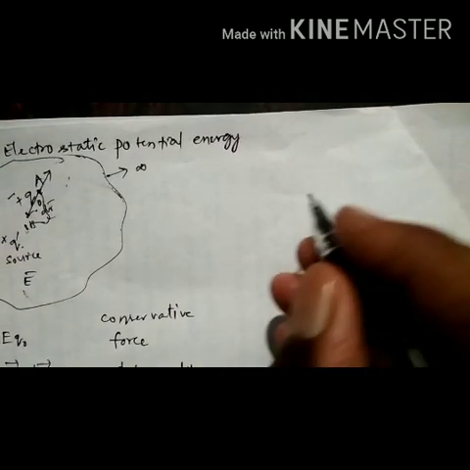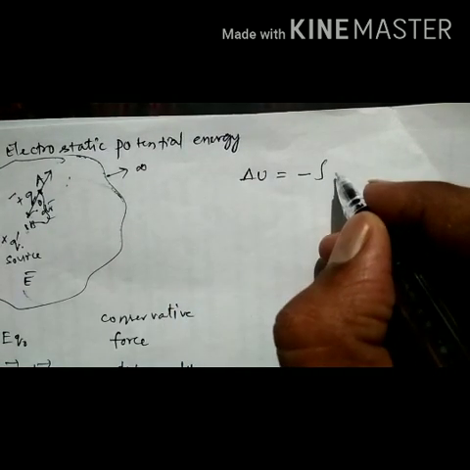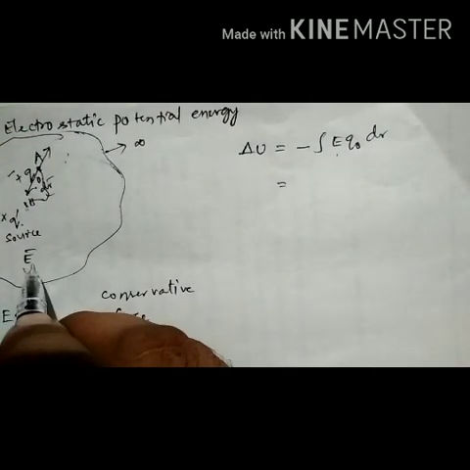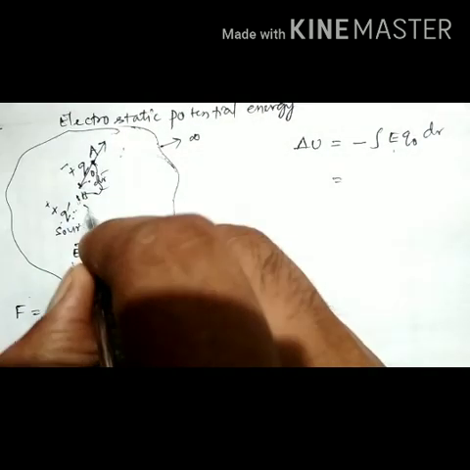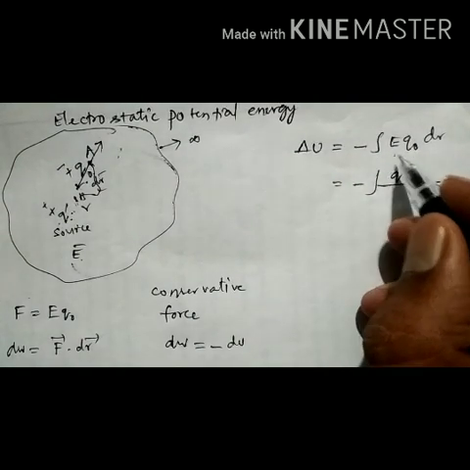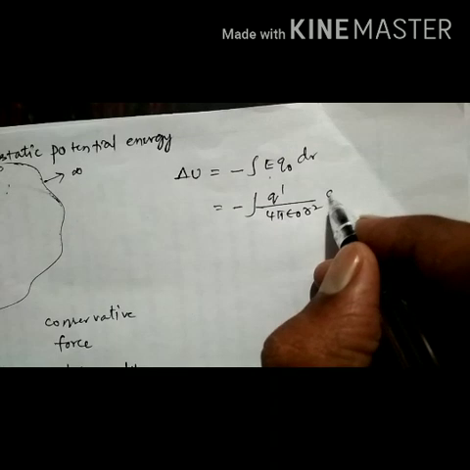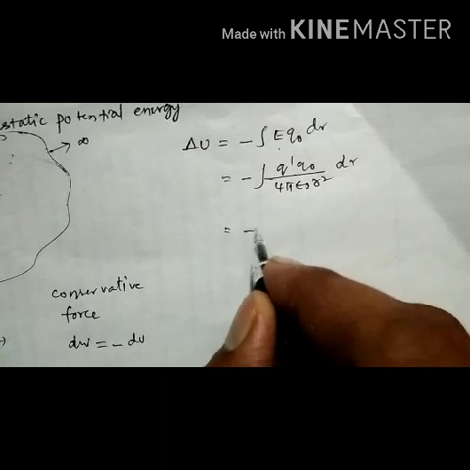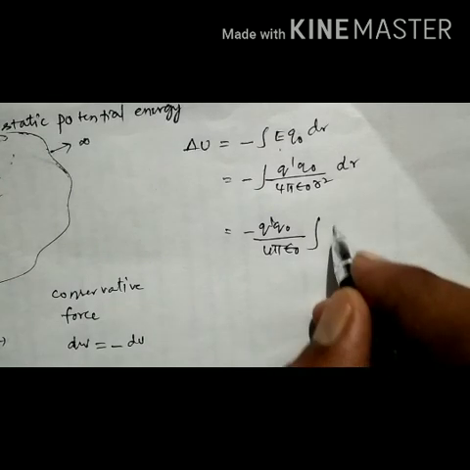So now I want to derive the relation. The change in potential energy delta U is equal to minus integral of EQ0 dr. What is E? It is the electric field intensity due to the source charge Q dash. Let us consider the distance between Q0 and Q dash is r. So minus integral, what is the formula for electric field intensity due to Q dash? Q dash by 4 pi epsilon naught r square into dr, and here Q naught is also there. So now you can write outside minus Q dash Q naught by 4 pi epsilon naught integral 1 by r